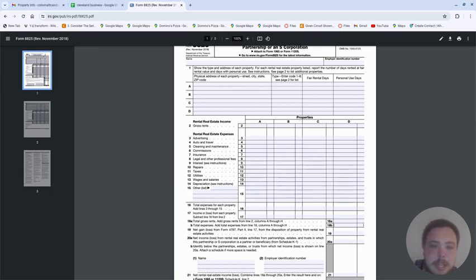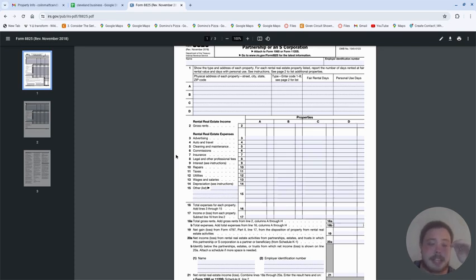Interest, so that's your mortgage interest that you'd have from your mortgage, your refinance mortgage that you have inside the house. So you can write off the interest. You can't write off the principal, but you can write off the interest. This is very important for people to know because when you first start,